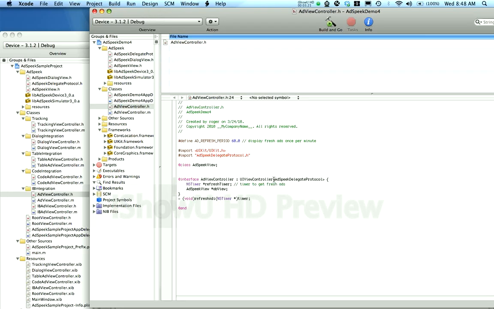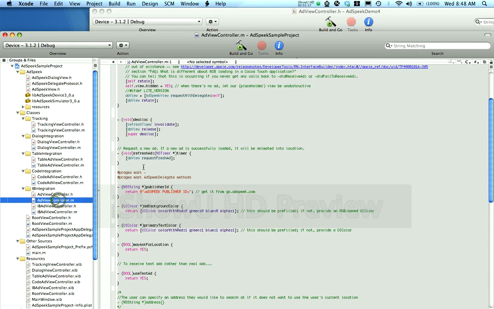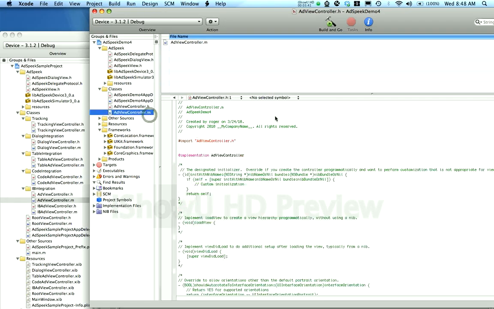The important thing here is that it is registered as an AdSpeek delegate protocol, which means that the AdSpeek SDK can call particular methods into this class, such as I mentioned, the publisher ID, and whether or not it can use location. So open the .m file in the sample project, copy its contents, go back to our demo,